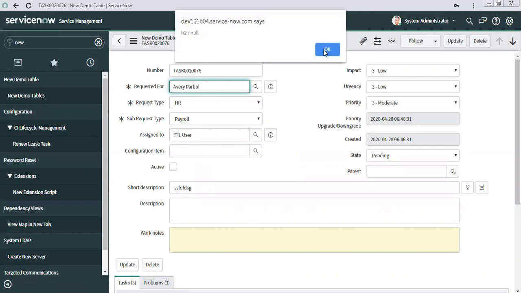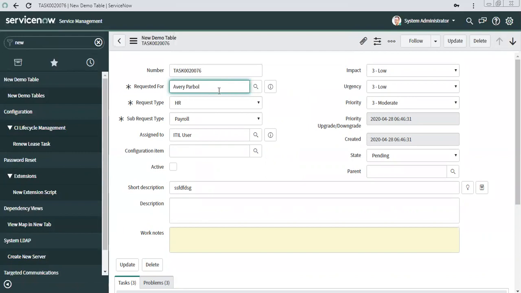Yeah, so it passed null basically. This particular user doesn't have any CI which is managed by them. So if I select system admin now, first loop, second loop, and see, it's automatically assigned. So that is where you make use of this GlideAjax. So there is another requirement